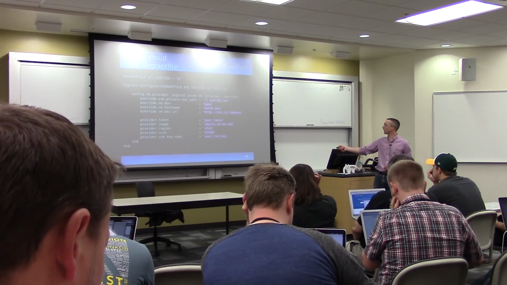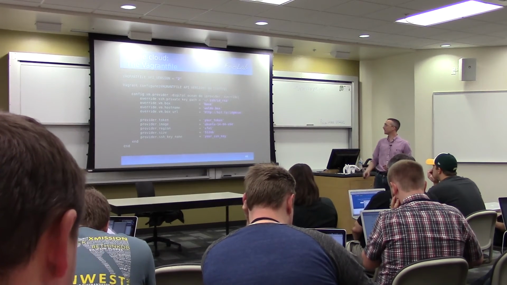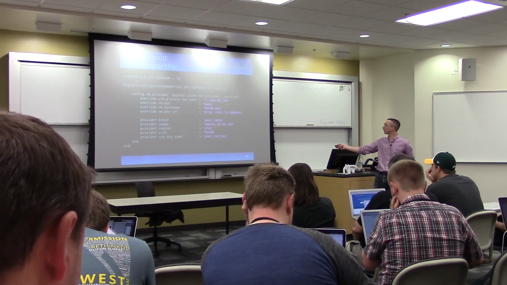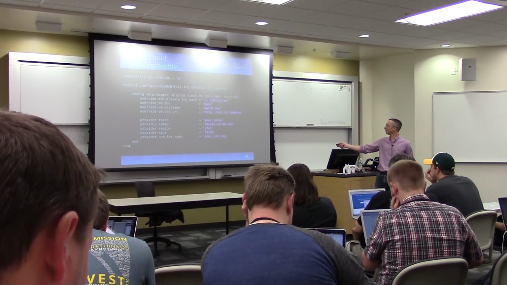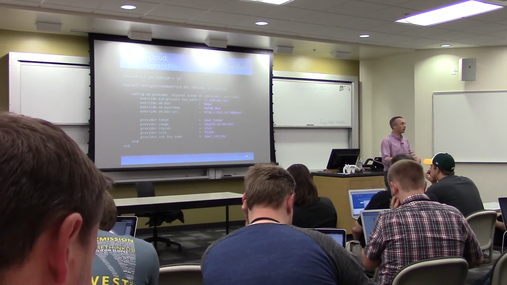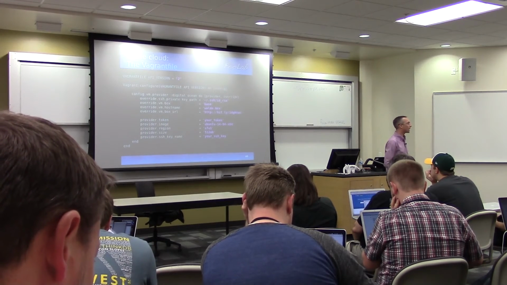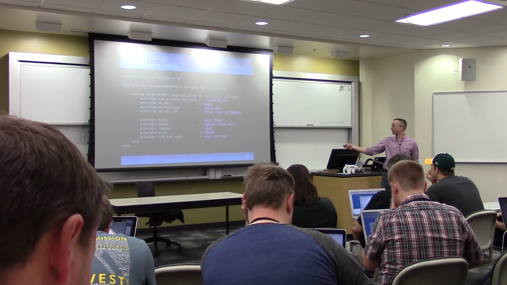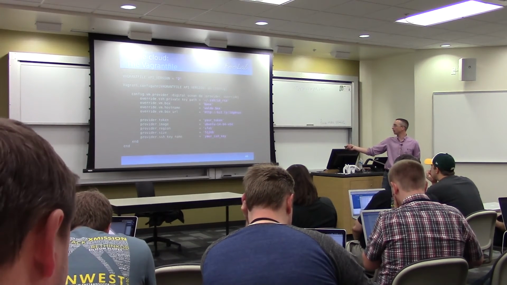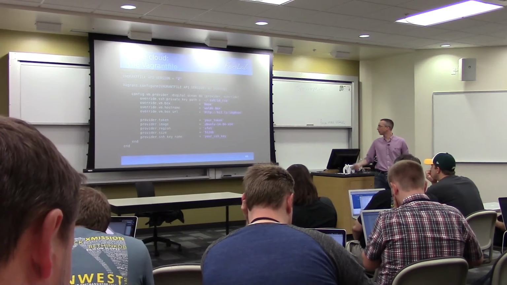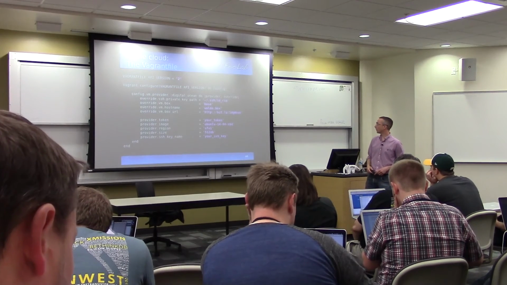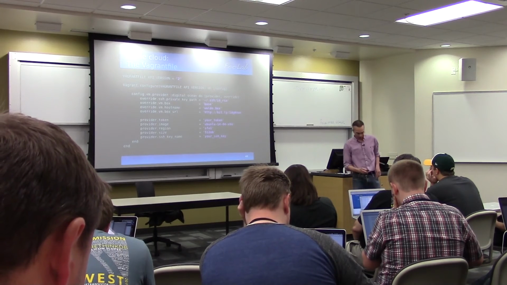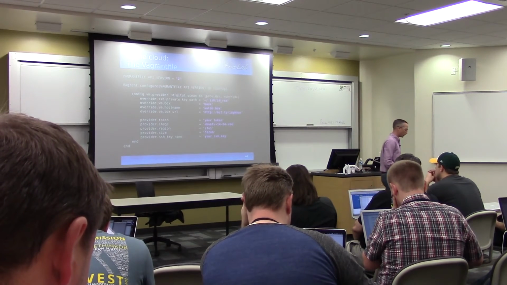And you have your key, your token for the API, and the image I want to use. So in this case, Ubuntu 14. You can get a list with their API or on their website. Different regions, so I provision in the SFO data center, and I provision a small virtual machine with 512 megs of RAM. And then my user for my SSH key. That's also defined on the DigitalOcean side.